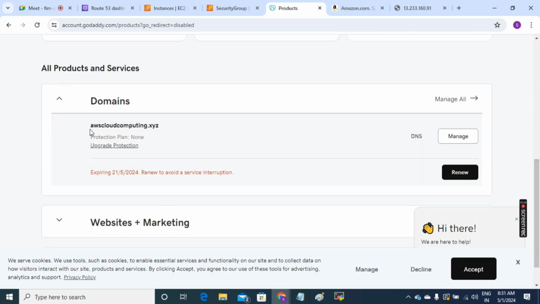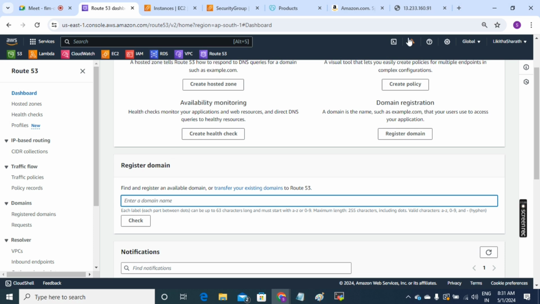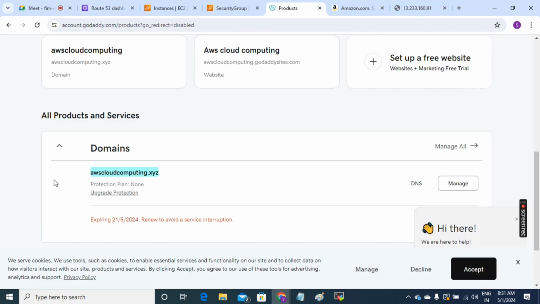So this is the one, AWS Cloud Computing.xyz. This domain I have purchased. So instead of buying the domain from AWS, I will integrate this GoDaddy website to the AWS. Okay, how can we integrate? I'll go here, manage,